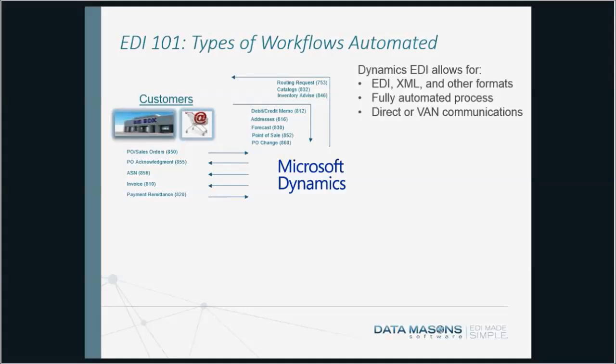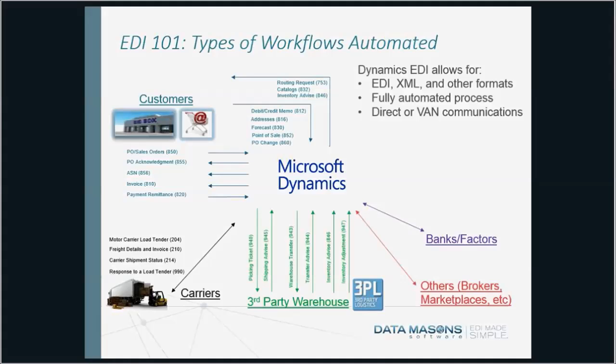Any of you that are supporting dropship programs, a lot of times your customers want to know your current inventory levels, to reduce backorder statuses, but also just to make sure that those items are up on the website, for instance, where they can be displayed. But as you can see from this graphic, probably about the 15 top customer documents that organizations may want to trade. But when you go beyond